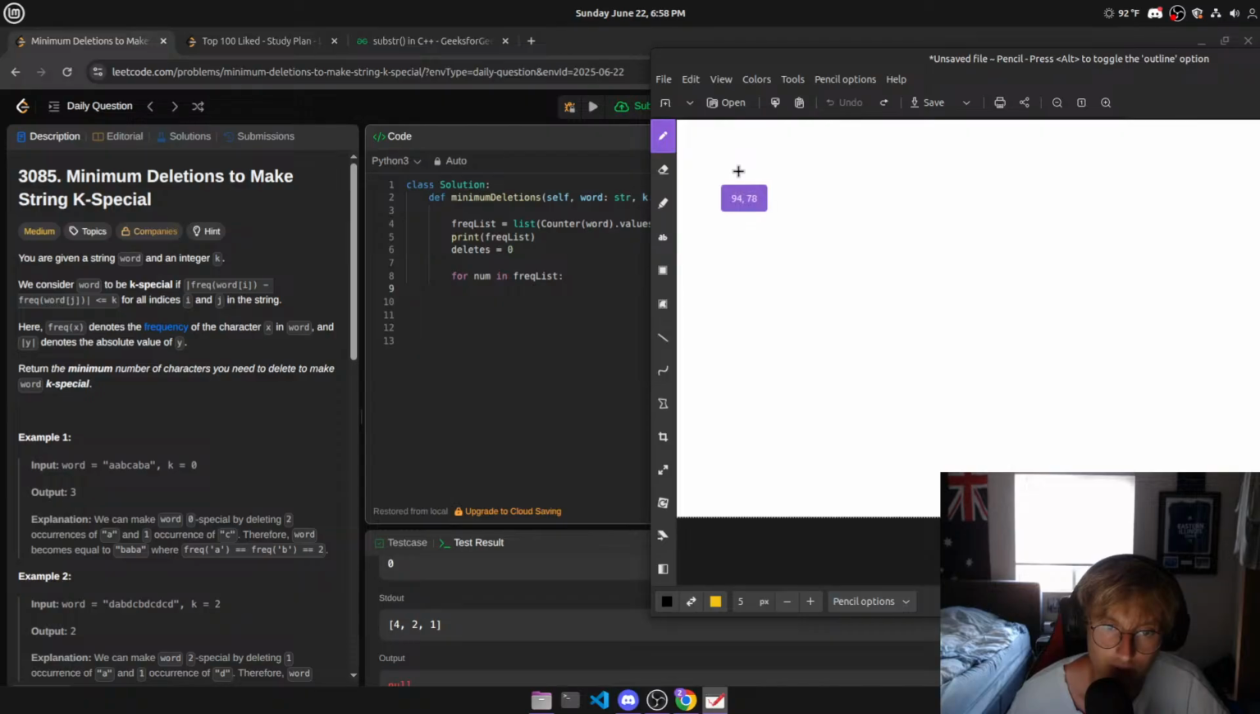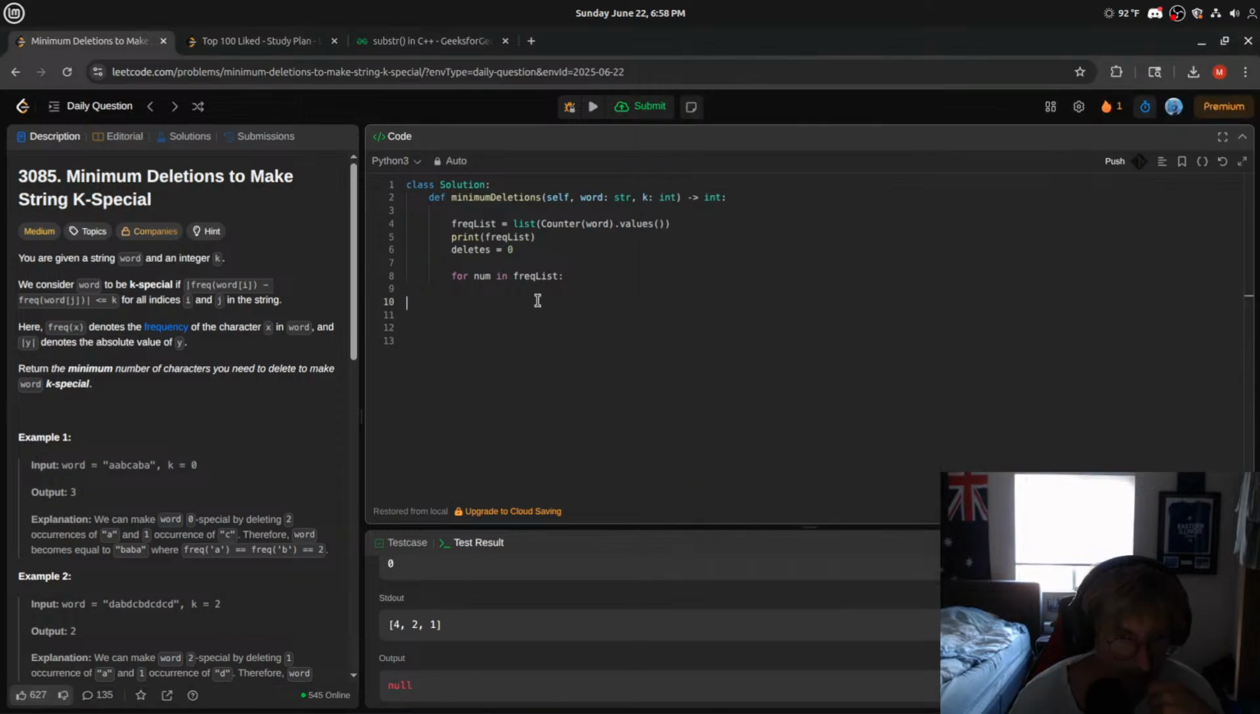Okay, so we have our index value. So now we can check, okay, well, if frequency list num, actually let's do this, make this a range function so we can access our index. I want to do the length of freq list. We check, okay, well, if freq list num